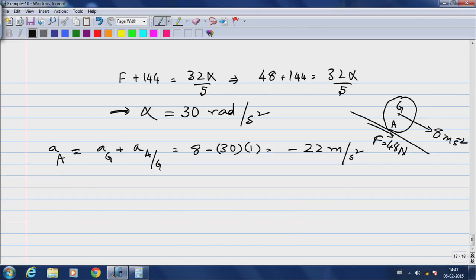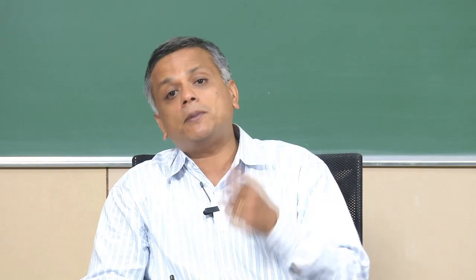So, the friction force is in fact providing the traction to provide the forward acceleration, of course in this case along with the weight of the sphere itself, but even in the absence of the weight of the sphere, this sphere would move down the plane